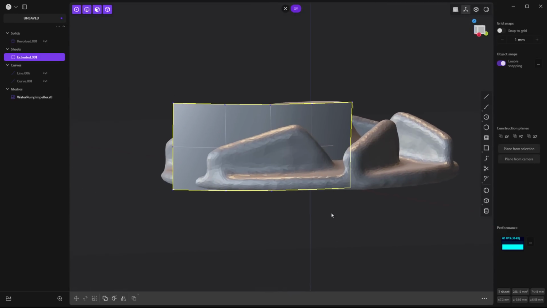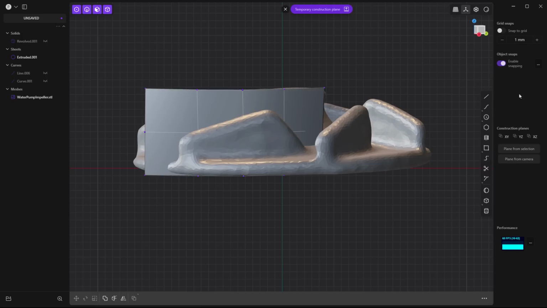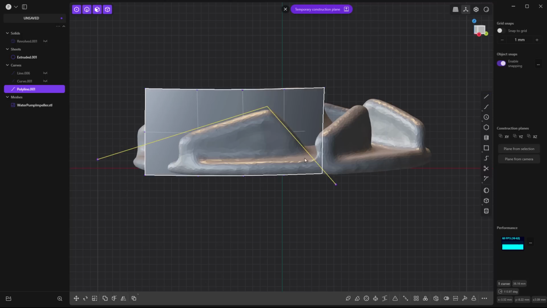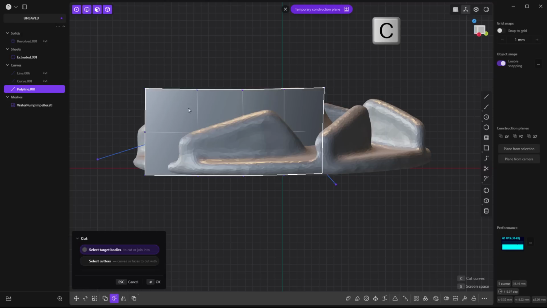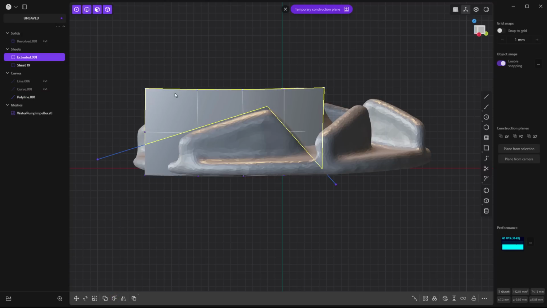We can rotate around until we're basically looking at that blade, and we can create a plane from our camera view. So in the camera view, I want to make sure that I don't attach or do anything to this corner over here. But basically what I want to do is figure out where I want to trim this and make sure that it's larger than my surface. And then we can use the cut tool and select our target body and then get rid of this upper